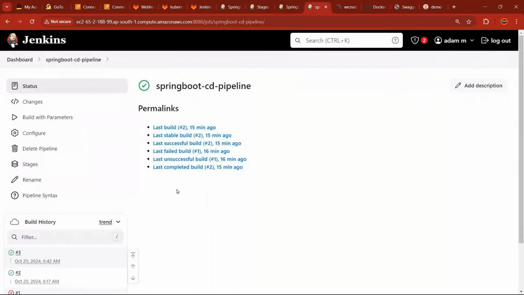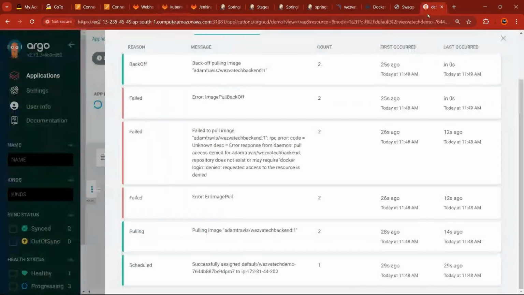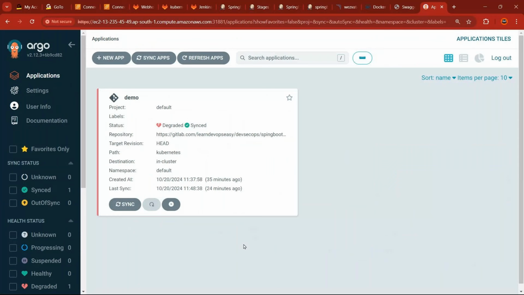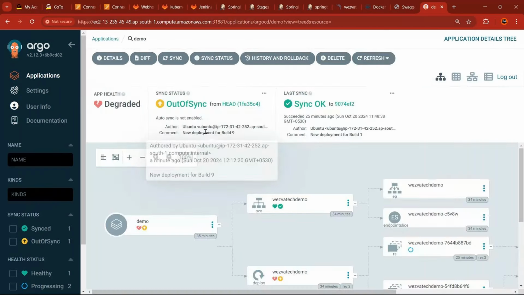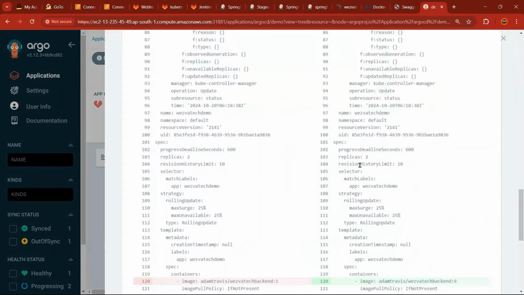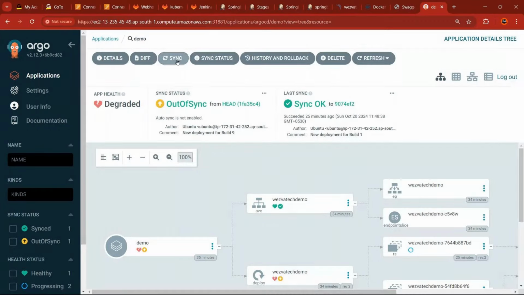So go to your Kubernetes YAML and you refresh. What is it that you should see now? Build 9. And now, since it has updated, go back to your Argo CD. And again, if you have patience, wait for a few more seconds or just refresh. You should see it saying out of sync, which means it needs to do deploy. And if you have made it an automatic option, it will deploy. But just to cross check, what is the change? Earlier it was 9, now it is 10. Okay, so if we go ahead and sync it up,